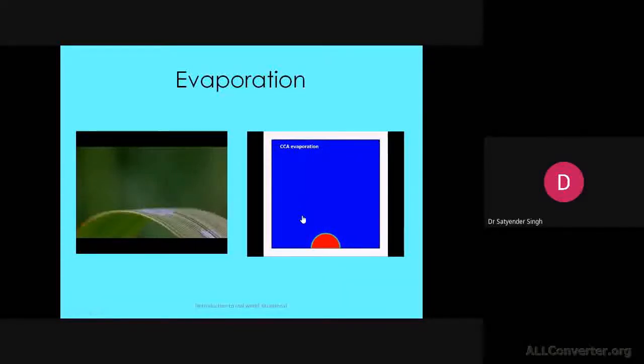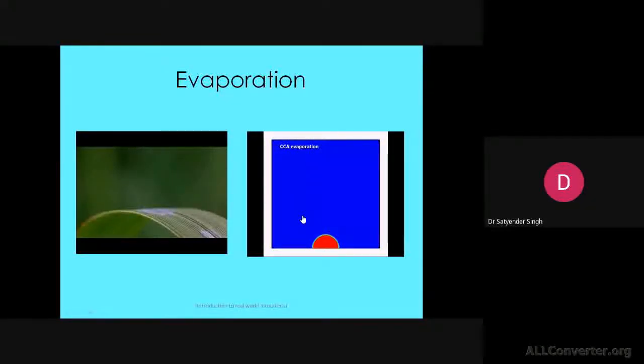I would like to mention here that if we have to reveal the physics from a real world situation, then we need very costly high-speed cameras and zooming lenses, and then we are able to only capture the animation. Then we have to understand from our fundamentals what the physics involved in it is. So CFD can play a substantial role in revealing the physics involved in most of the heat transfer and fluid dynamics problems.